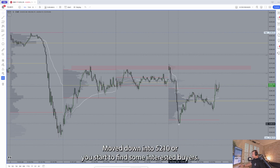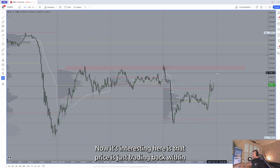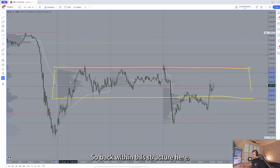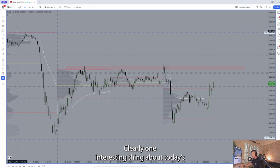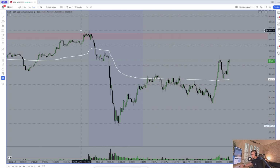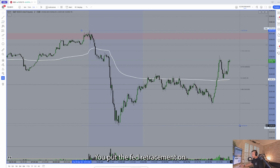Move down into 5210, where you start to find some interested buyers. Now, what's interesting here is that price is just trading back within this structure, right? So back within this structure here, kind of a 2-3 session structure. There was an attempt to roll it back over here into the close, and that failed clearly. One interesting thing about today's session, if you take a look at this intraday action, you put the fib retracement on